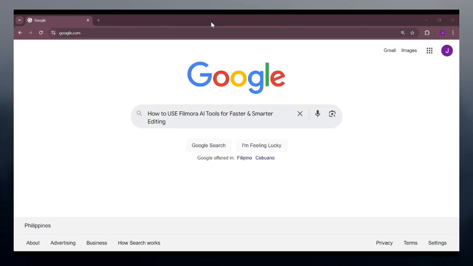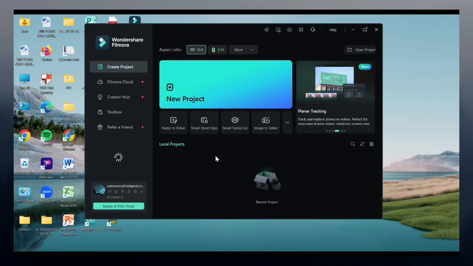Hi everyone, in this video I'll show you how to use some of the smartest AI powered features in Filmora to edit faster, smarter with pro level results. Let's get started. First, if you want to remove a video's background without a green screen, load your clip into